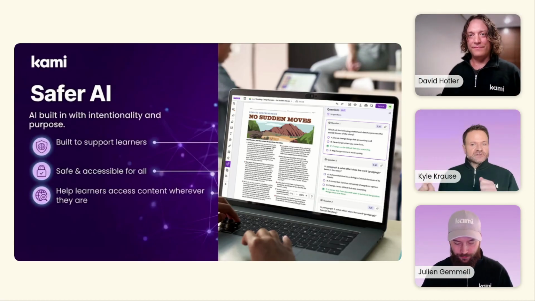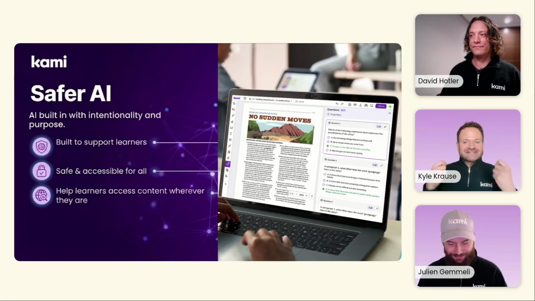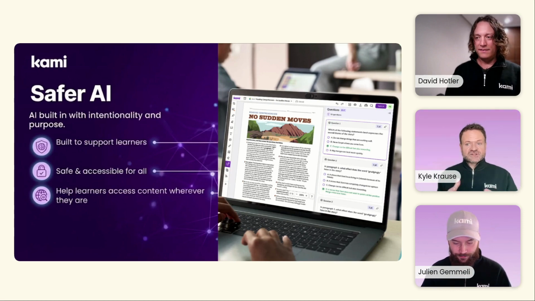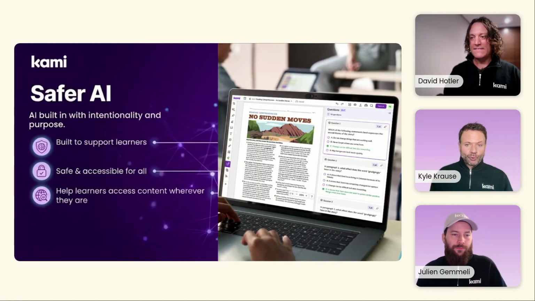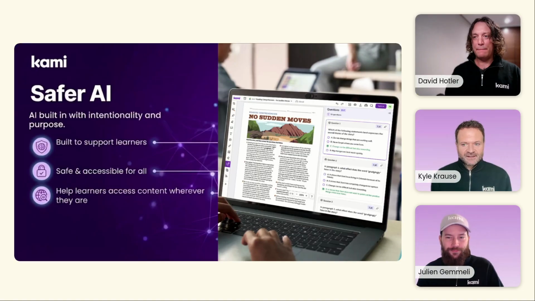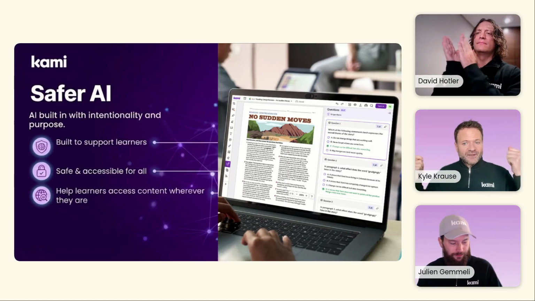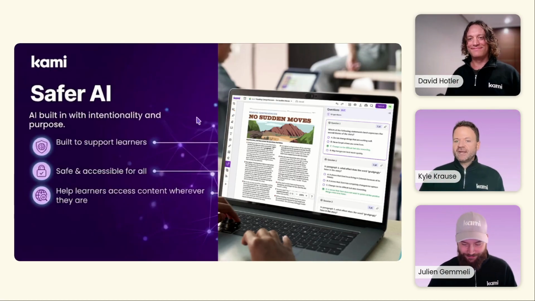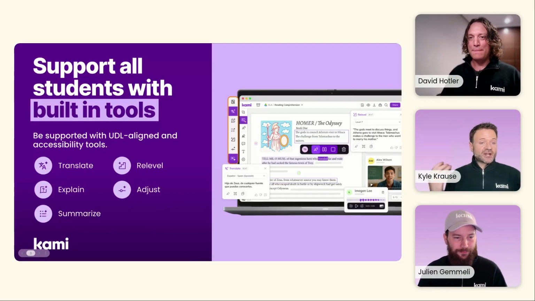So at Cami now, our solution that we're focusing on with AI isn't more AI, it's intentional AI and responsible AI inside the learning experience that teachers are already having, and it's grounded in accessibility. So it's really here to support learning, not replace teachers. There's no open-ended chatbots. Teachers always remain in control of the AI that their students have access to. And we have guardrails built in place that are focused, safe, and classroom ready. And so this intentionality shows up in the tools that we built and that our students are using every day